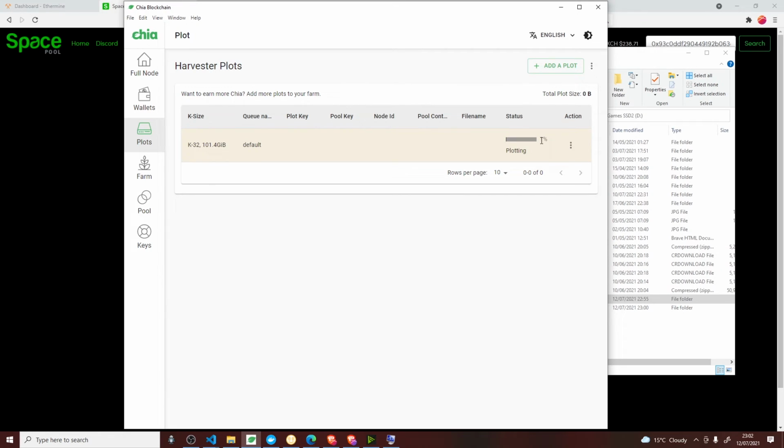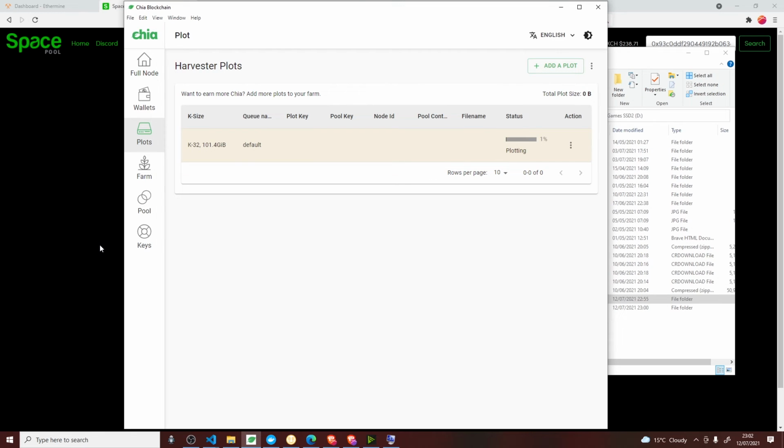If you've got a Threadripper or something like that, even better. People have managed to get it down to an hour, but again, it all depends on what equipment you've got at hand, and you don't want to spend a huge amount on extra equipment, because that could have been spent on hard drives. So it's just deciding what's more important, I guess. So yes, that's plotting, and we can just leave that running, and that's basically it.